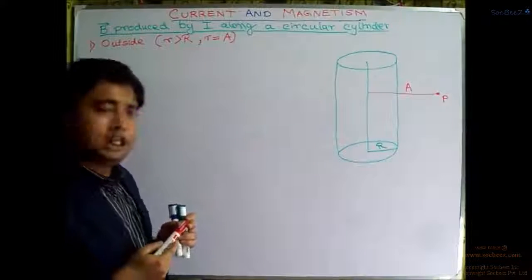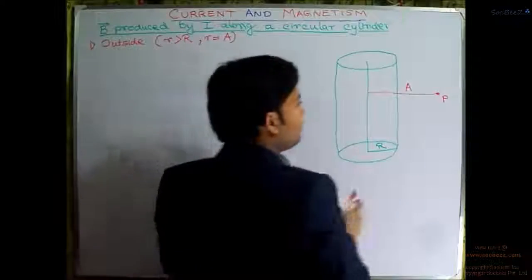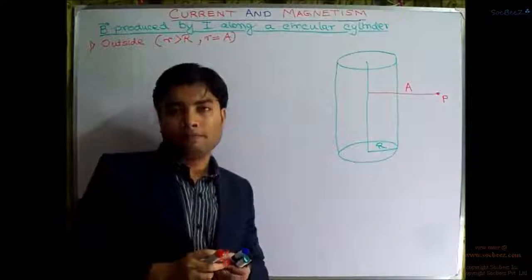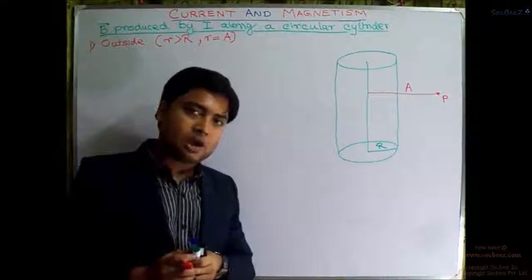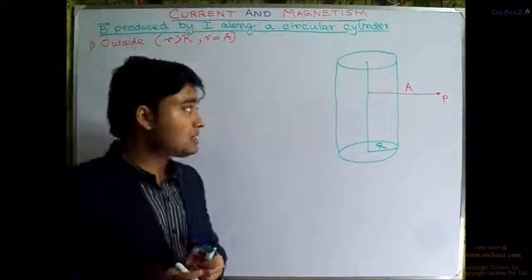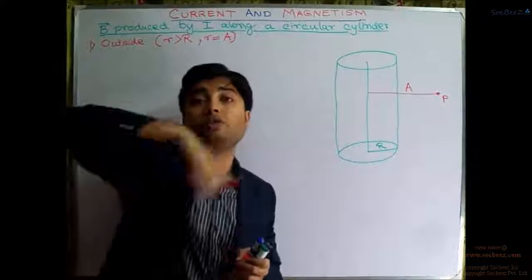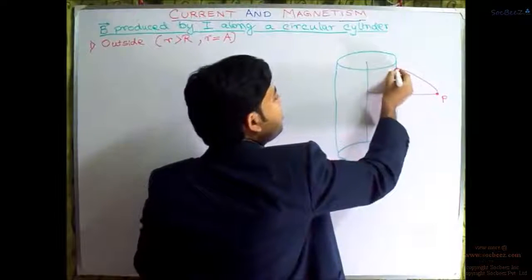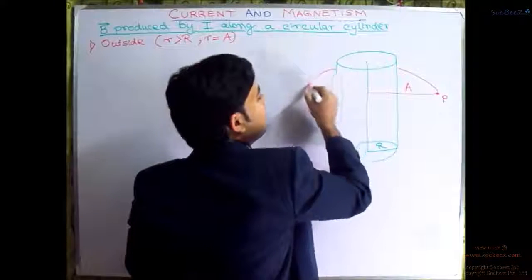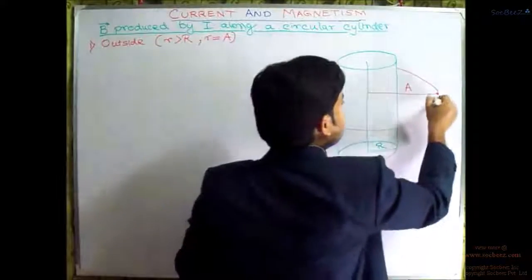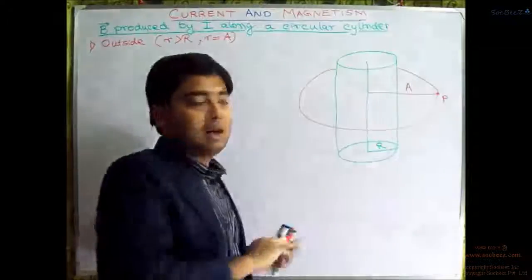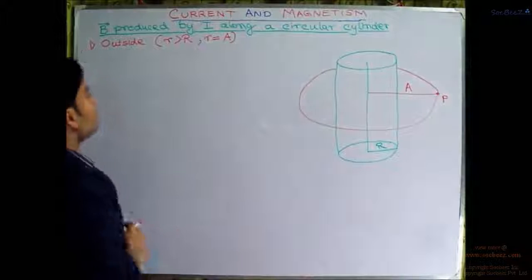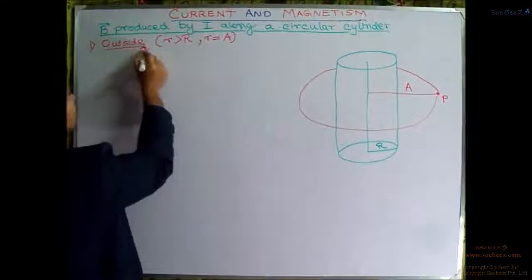And we wish to find out the value of B with the application of Ampere's Circuital law. Now what does Ampere's Circuital law actually tell us? The Ampere Circuital law actually tells us that first of all you need to define a closed region. Okay, not a problem. Let us define a closed region over here. So this is like a circle around this cylinder, right? This is A. So we can apply